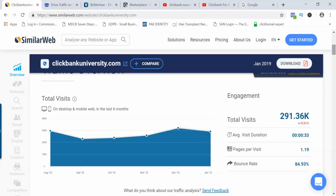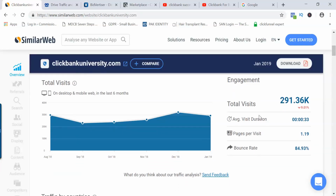291,000 people visited this website. Pages per visit is 1.19, bounce rate is 84%. That is probably because most of the affiliates send untargeted traffic. Obviously, CB University is all about making money online, and if you send a visitor who's interested in weight loss, what do you expect he's going to do? As soon as he visits the page, he's going to leave that page straight away because this is not something he's